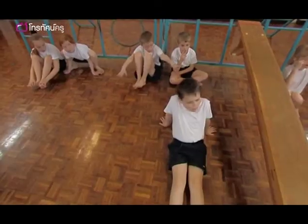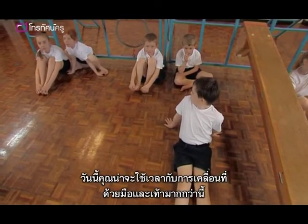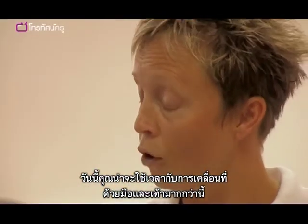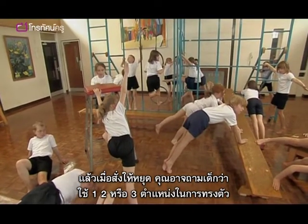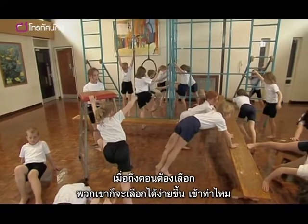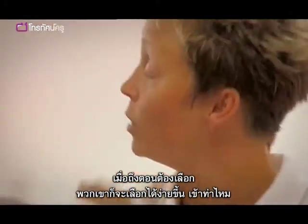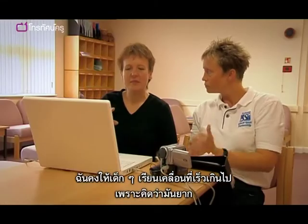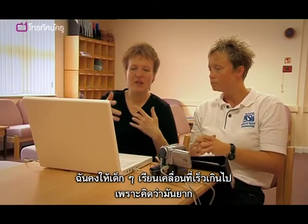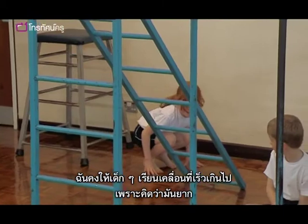And relax. Well, possibly today, you could have spent more time on travelling on hands and feet and then, freeze, are you on 4 points, 3 points, 2, 1? And then when they've gone now into selecting, it would have been a little bit easier for them. Does that make sense? Yes. I probably moved into using the travelling quickly because I find travelling ideas difficult to...